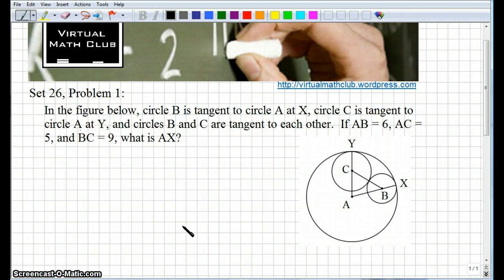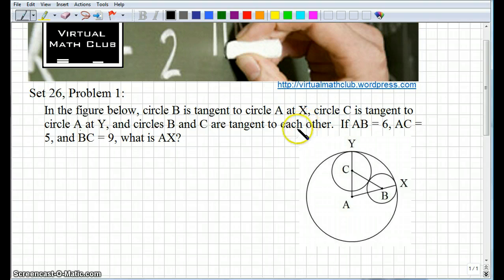All right, in problem number 1, we have these 3 circles, circle A, circle B, and circle C. When you see circles labeled like this, you can assume that the point, for example here for circle B, the point B is the center of circle B, okay? And for circle A, you can assume that A is the center of circle A. So we're given circle A, circle B, and circle C,